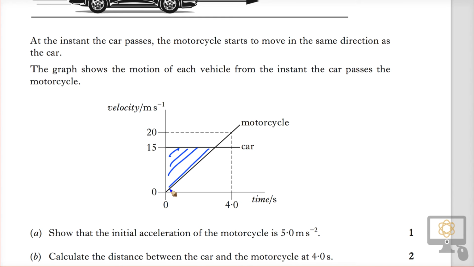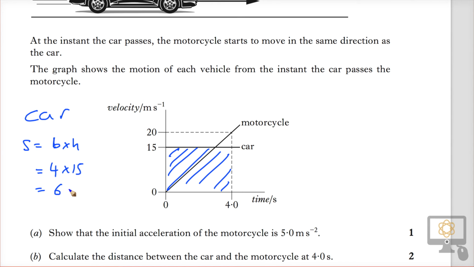So we'll color in the car, which is this rectangular block, first, and we'll label this over here. So the car, its displacement is the base times the height. It's just the area, which is 4 times 15, which is 60 meters. Of course, remember that that's effectively the same as doing displacement as speed or velocity multiplied by time, which is 15 and 4, giving the same value. We'll do the motorcycle over here. So the motorcycle,